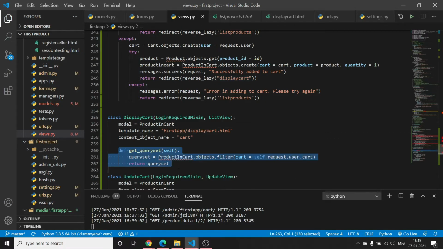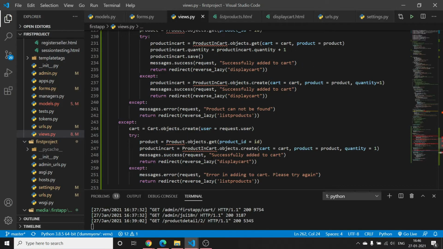Basically I have overridden the get query set function here, in which I have mentioned product in cart.objects.filter cart equals to self.request.user.cart. It means I want to display only those records of the product in cart table which are added by that user.